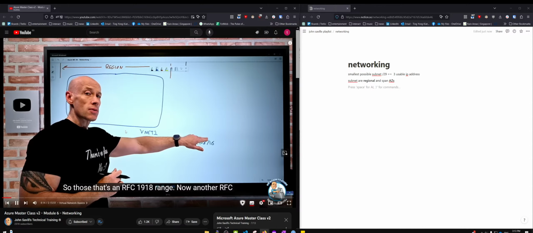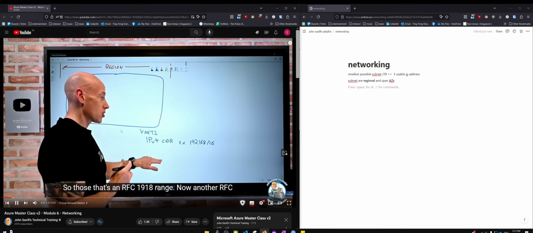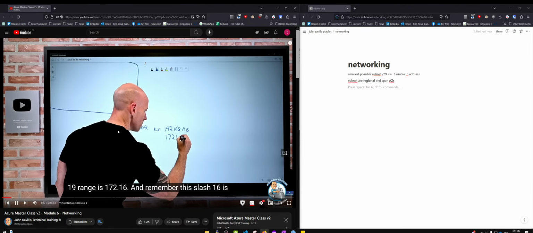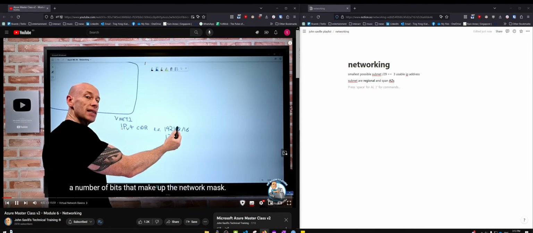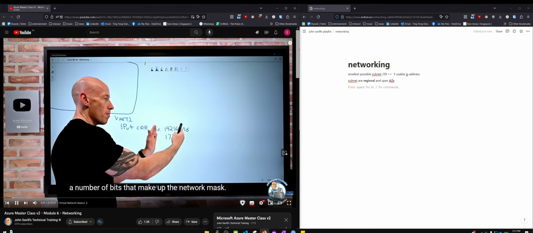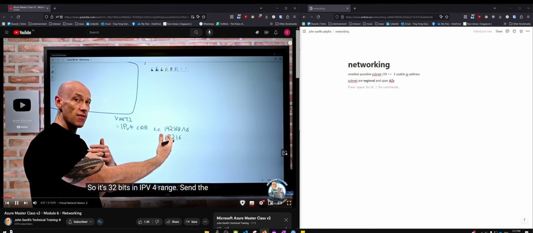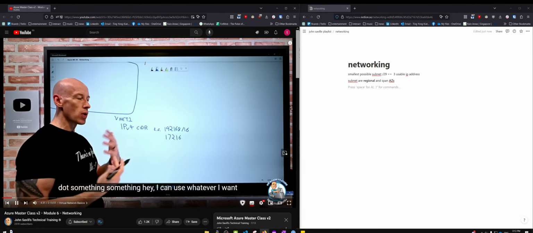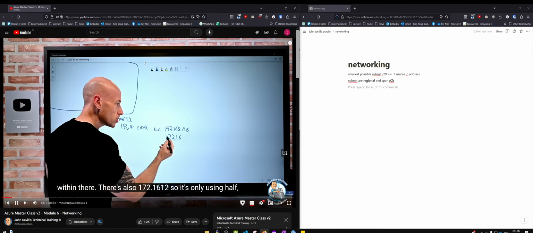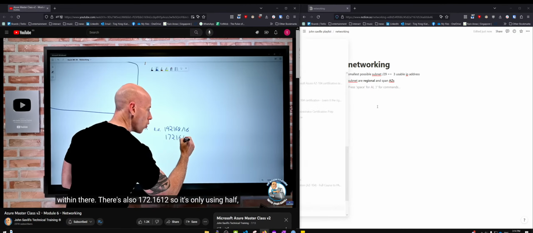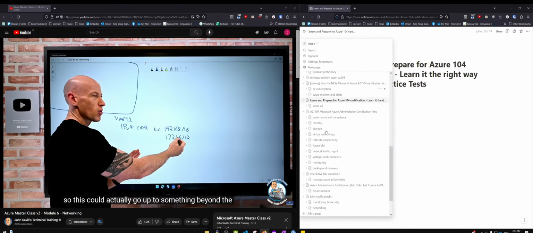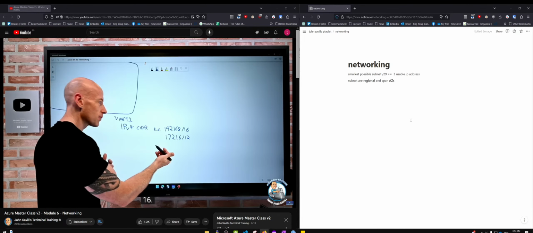So that's an RFC 1918 range. Now another RFC 1918 range is 172.16. And remember, this /16 is the number of bits that make up the network mask. So it's 32 bits in an IPv4 range, and the dot something, I can use whatever I want within there. There's also a 172.16/12, so it's only using half. So this could actually go up to, sort of, beyond the 16. And then there's